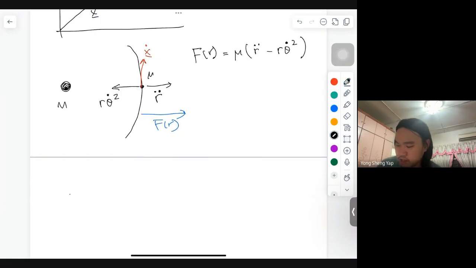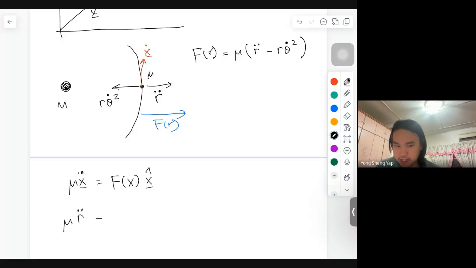So the equation of motion can be written just in the radial direction as mu r double dot minus mu r theta dot squared. This is basically the, what's this called? Sorry, I'm blanking out. This is the centripetal force. Okay, let's write it down. The centripetal force